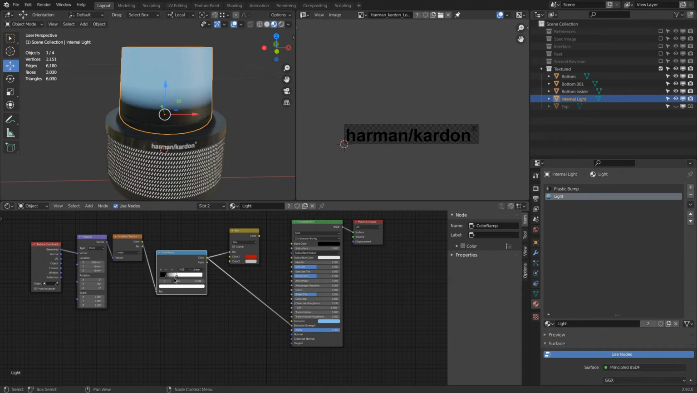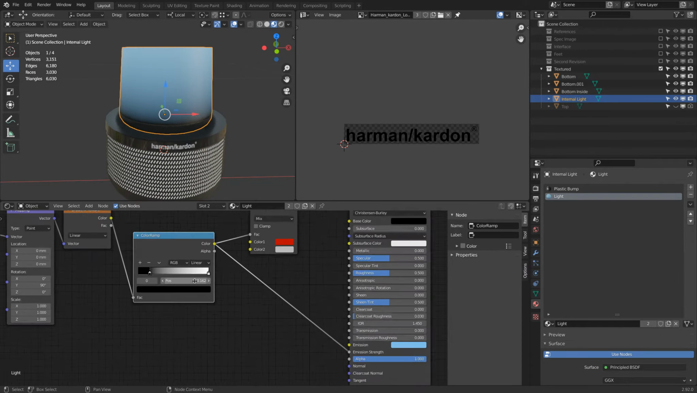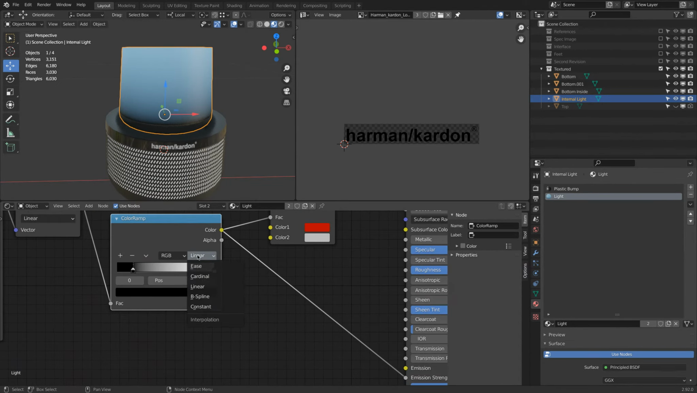So, there's my emission thing. There is the base. Yeah. See, now we have actually our gradient. When we set this to 0, we can bring this a little bit up and finer control the start this way, like there. Very nice. We have a linear here. What happens when we set this to B-spline? Then we get,